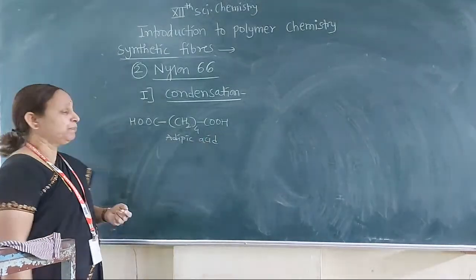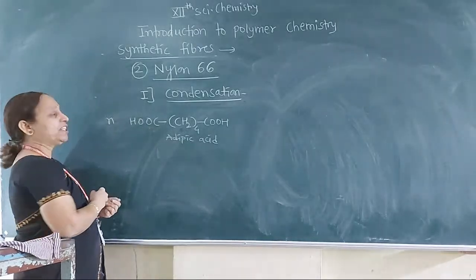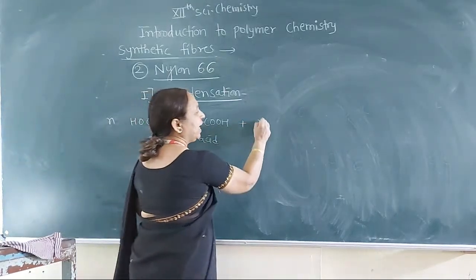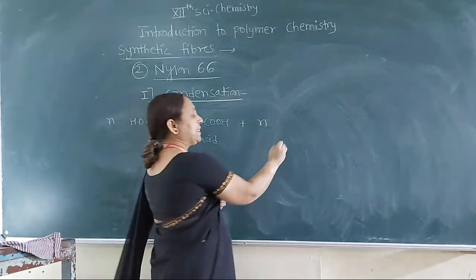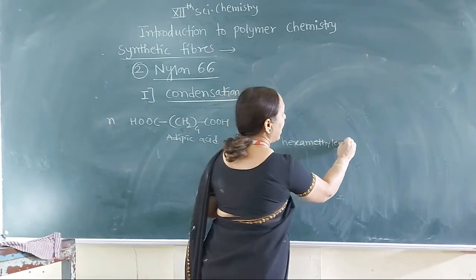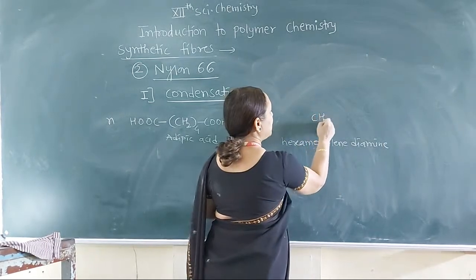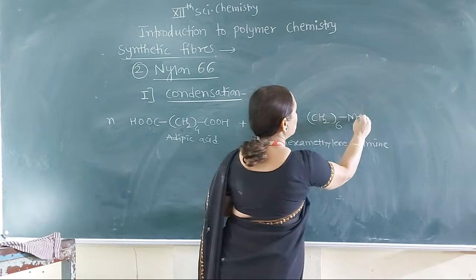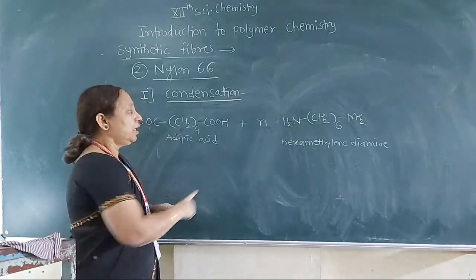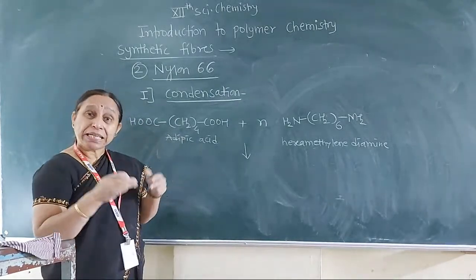To write the monomer, write n on the left side of this molecule. n number of molecules of adipic acid react with n number of molecules of hexamethylene diamine, which is CH2 6 times, NH2, NH2. When these 2 are mixed in an equimolar mixture,